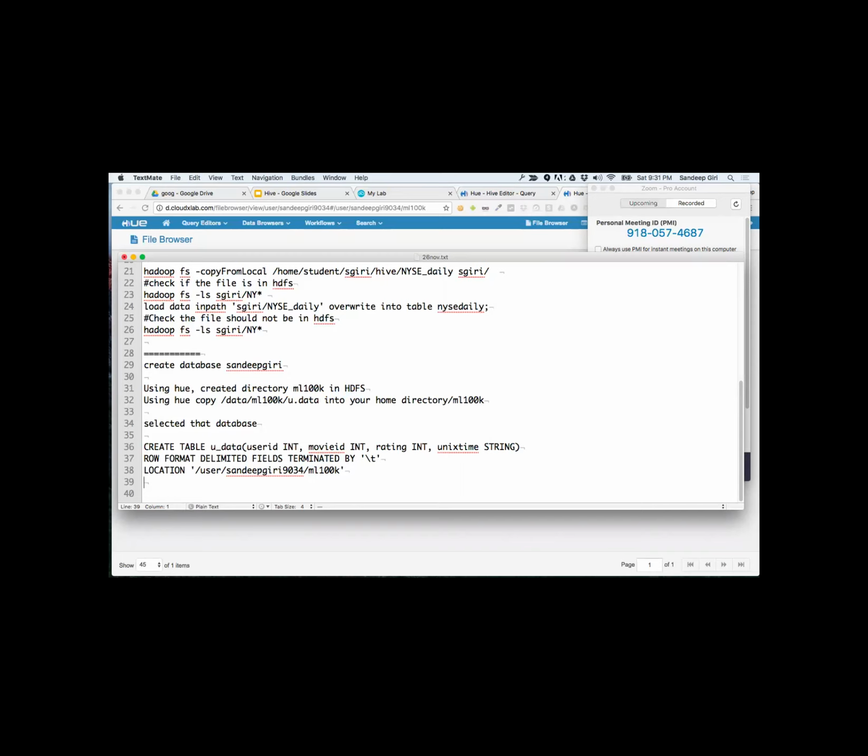Karthik says, consider an Excel file with multiple worksheets, how to move a single table? Good question, Karthik. The idea there would be to export it as multiple CSVs and then put all those CSVs in a single folder, or create a different folder for each CSV. Make sense to you, Karthik?